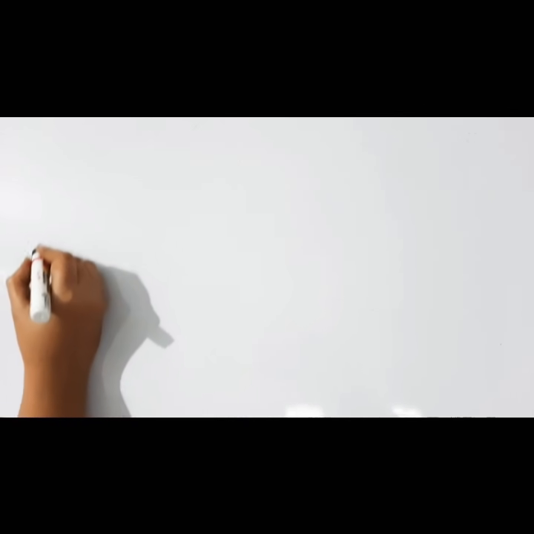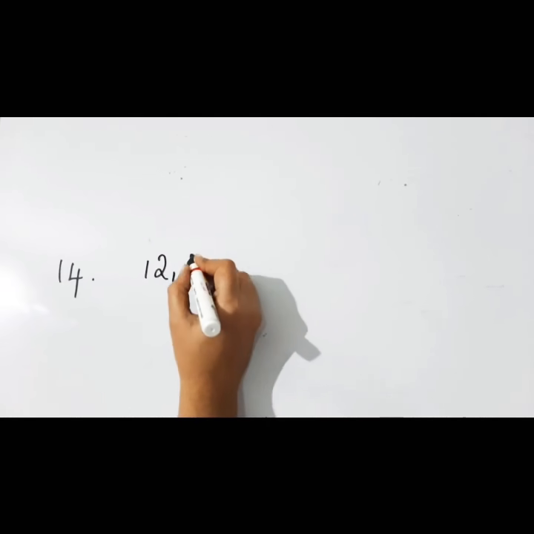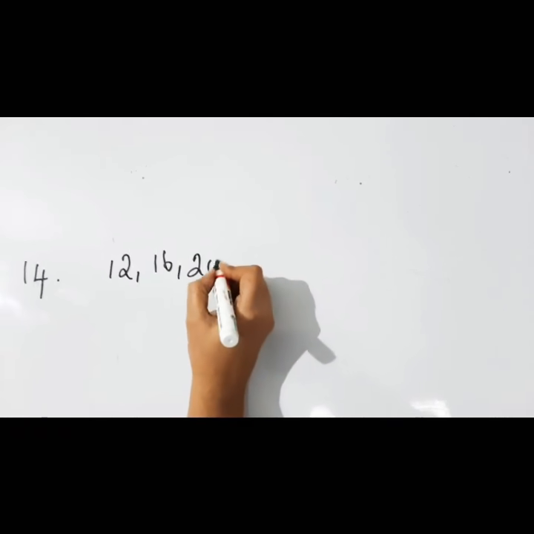What is the last term of this AP? 249. 249 is not divisible by 4, so check the previous number, 248. Yes, 248 is divisible by 4. The 14th sum is homework. Make a note of it. For the 14th sum, I am giving you a hint. The AP of the 14th sum is 12, 16, 20.